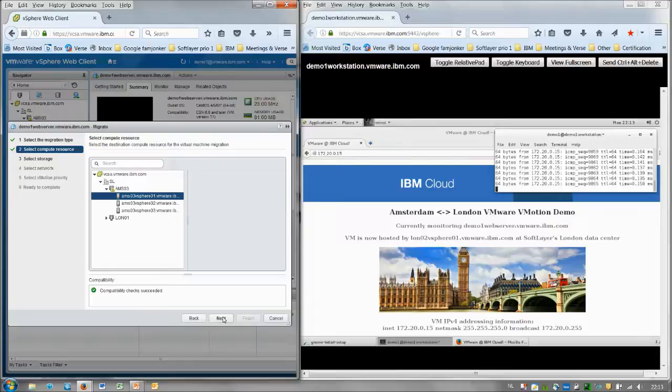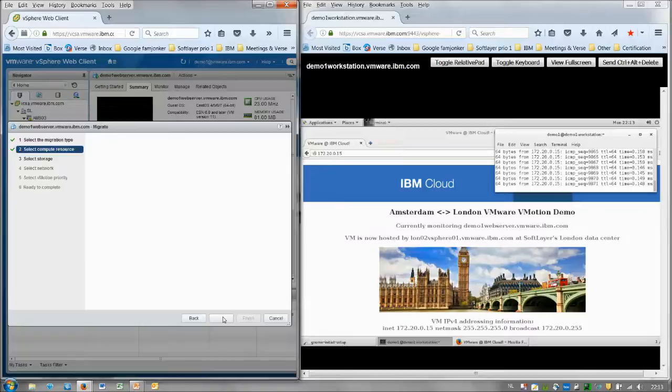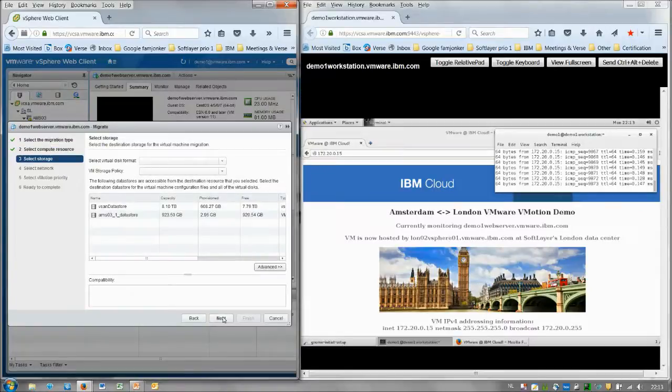In this case, this disk is about 11 gig. Since I move from one data center to another data center, and I do not use a shared SAN across this geo-dispersed cluster, I need to move both. It now asks me what data store I want to copy, and in Amsterdam I told you I have the vSAN data store, so that is spread across the 3 hypervisor hosts. I select that,